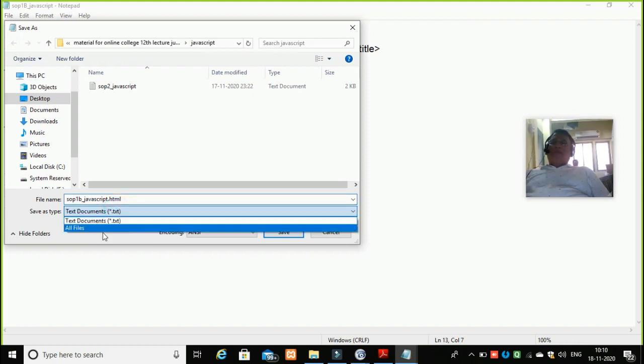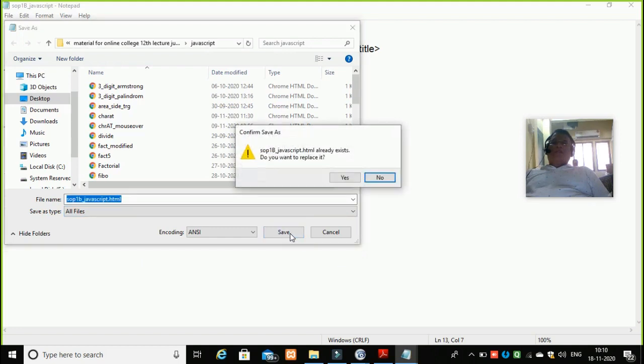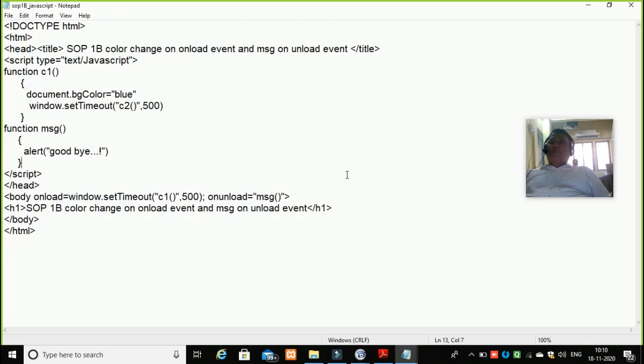I'll put here all files and then save. And I'll say yes because the file was already there. If the file is not there, this message will not come.